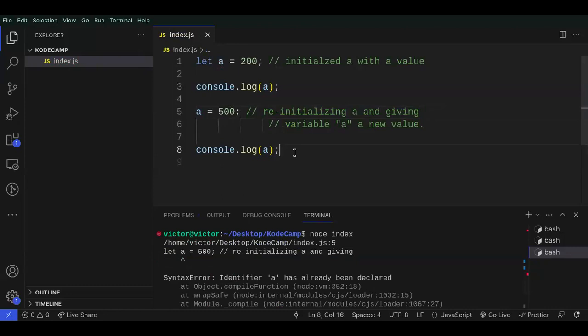And then there is another difference, but that difference we are going to see when we start writing functions in JavaScript. Okay, we're going to see the difference between var and let when we are writing functions, because, just keep this in mind, let and const are block scoped, while var is function scoped, and we are going to understand that when we start writing functions. Okay,